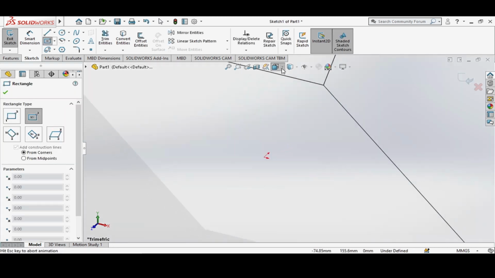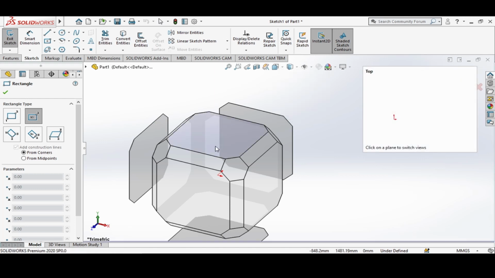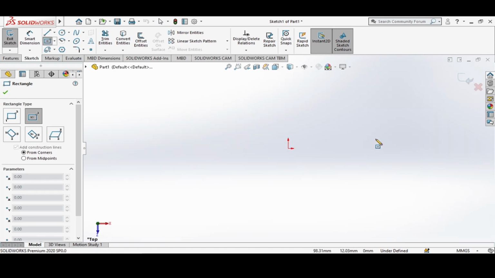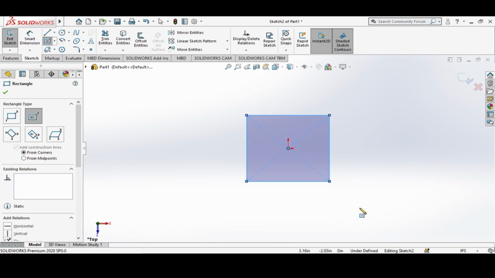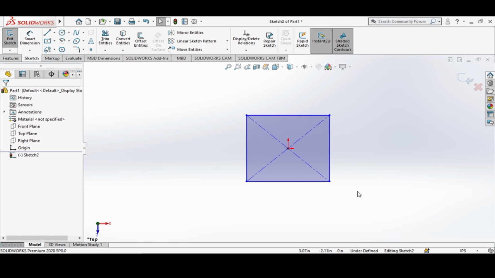Then here, we should choose the top view. Then we need to start from the origin. Then from there, we should drag our crosshair anywhere, just like that. Then press escape, and to fully define our sketch, we should use the smart dimension